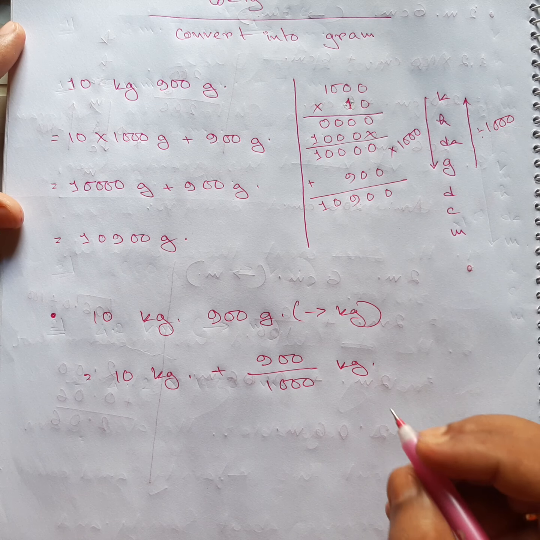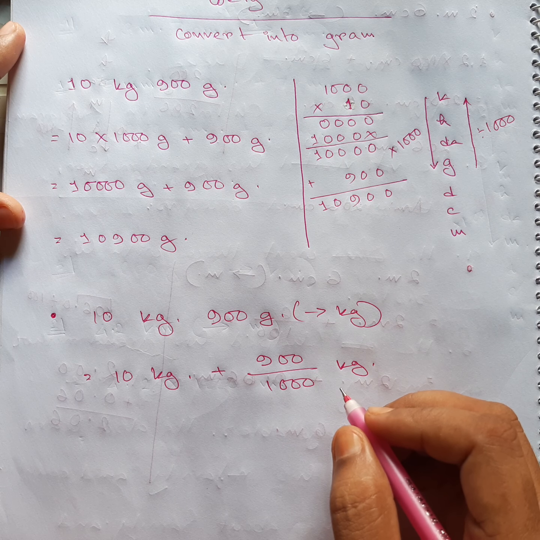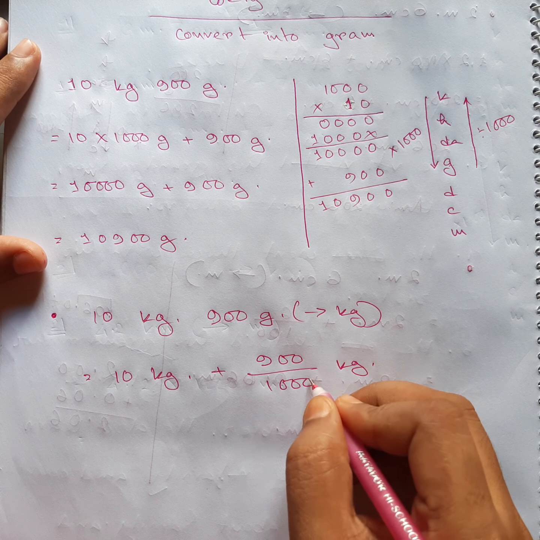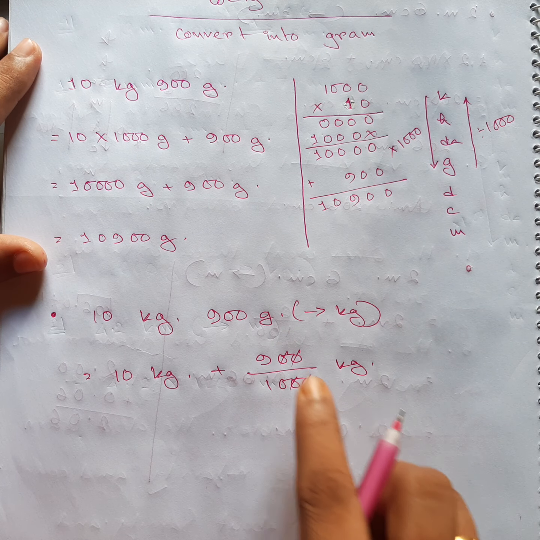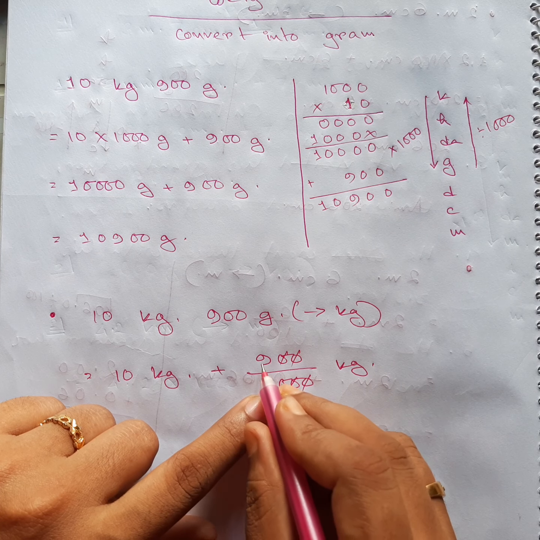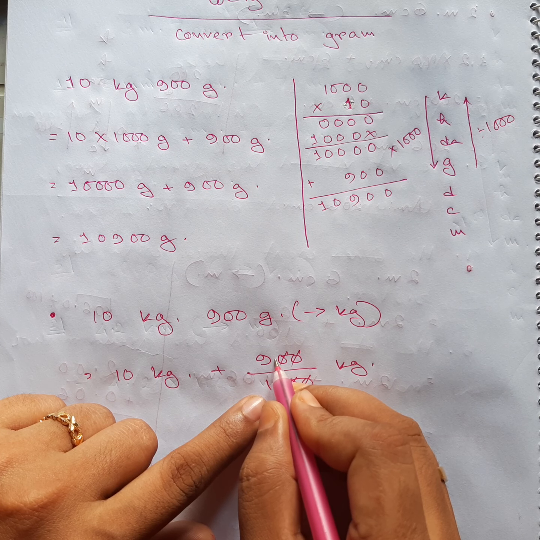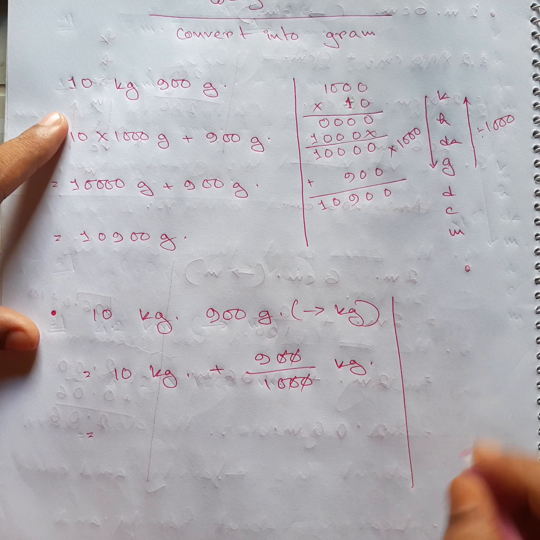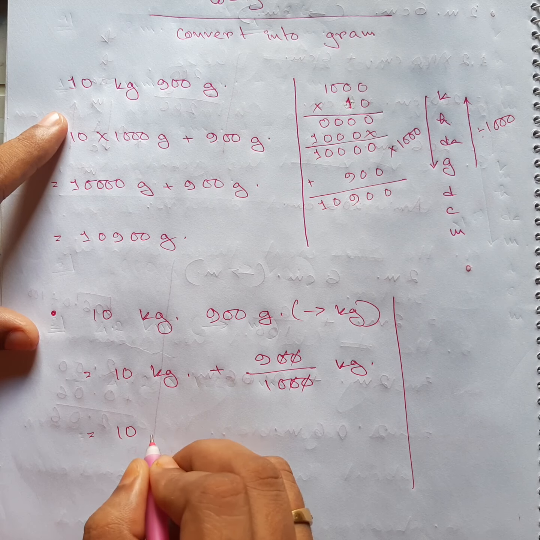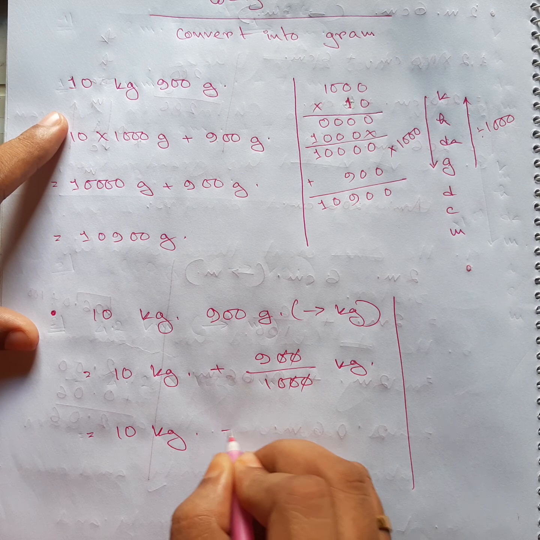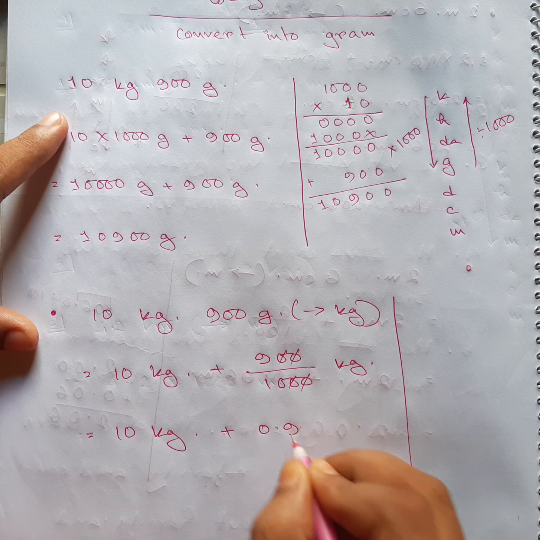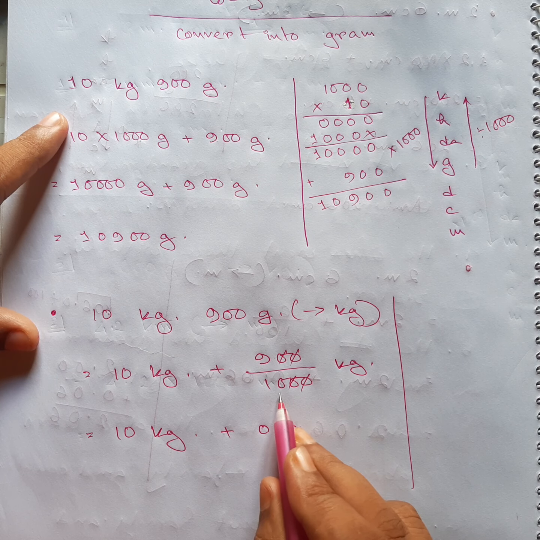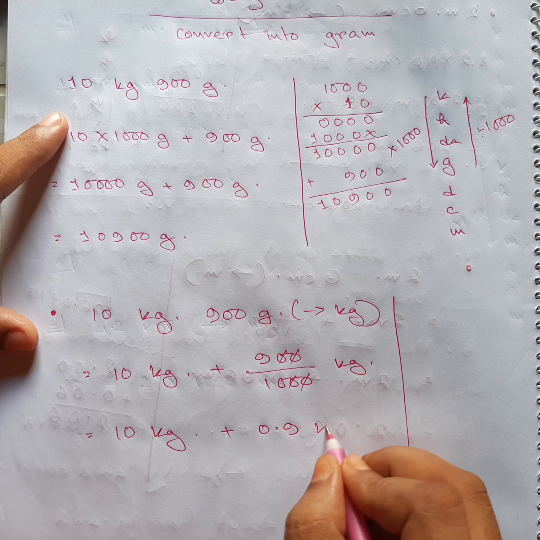And I can see from the fraction chapter, if you remember, I hope that you have the fraction chapter. Now we can cut this, right? 2 zeros and 2 zeros. Now it is 10 and 9. The decimal was on the back of 9, it will come in front of it. So if you want, you can do the rough part over here. It's totally fine by me. So I'm just going to write down 0.9 because the decimal was on the back side of 9. It came in front of it because of the only 1 zero, and it is kilogram.